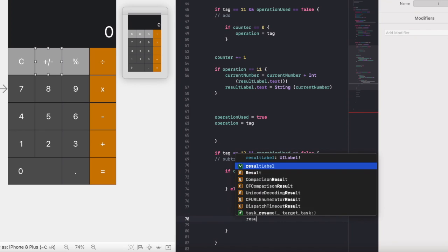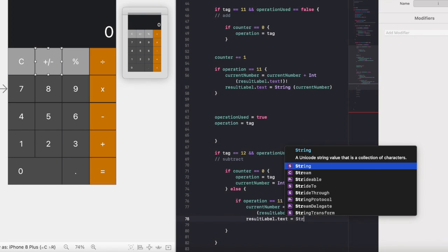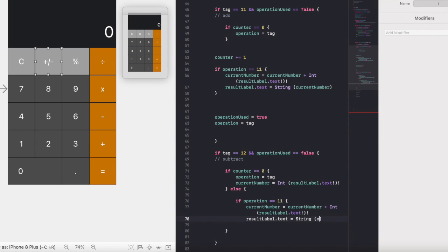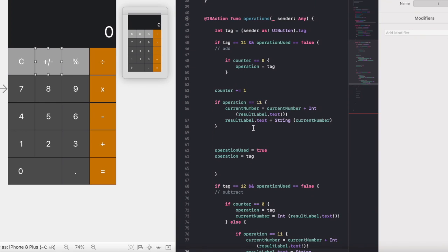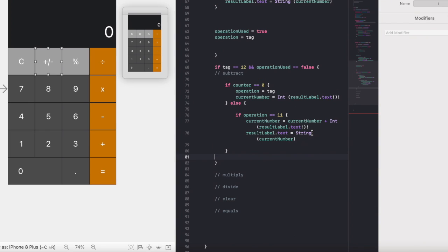And result label.text is equal to string current number. Now this is basically the same thing that we did in our addition section, where we said if operation is equal to 11, current number equals current number plus integer result label.text. And then the next line was result label.text equals string current number. And next, after saying this else, we're going to add else if